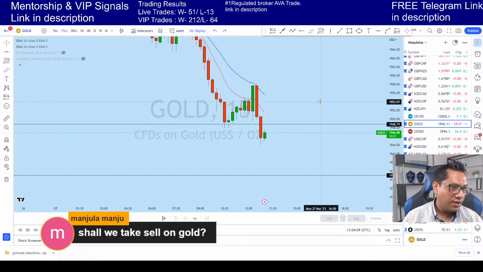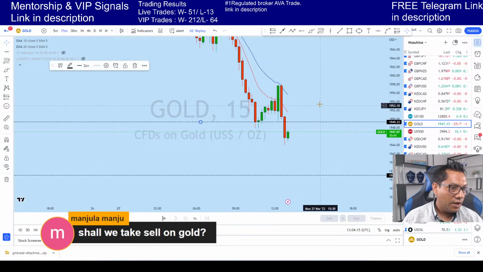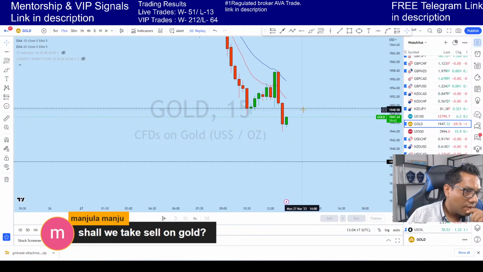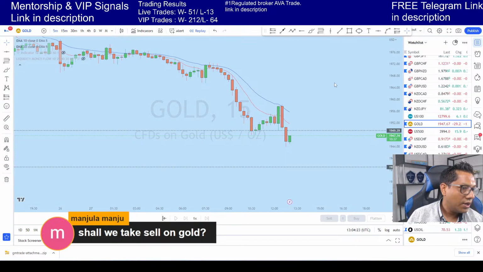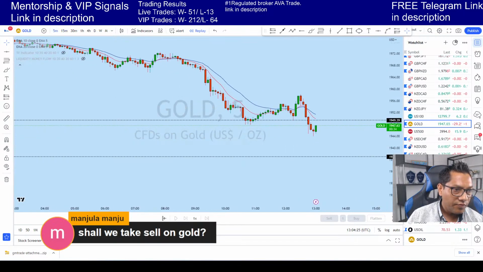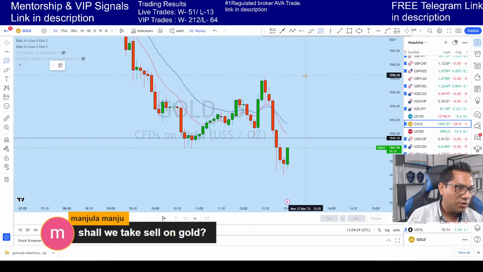And I think you can see this is the support here with this movement. So that could give us an entry point. Once you see the market is giving an entry, we can expect selling gold. There is a movement that already happened on the 5 minutes. You can see